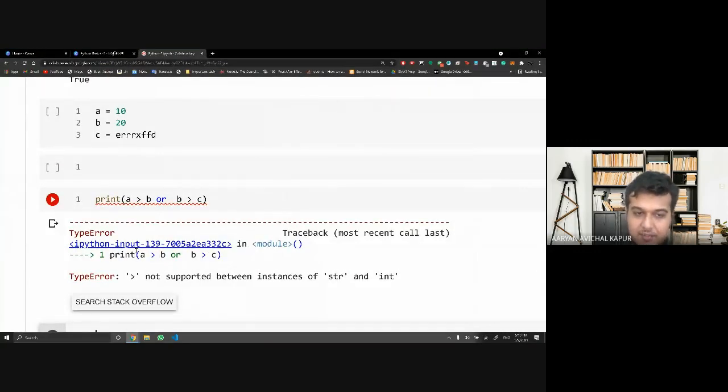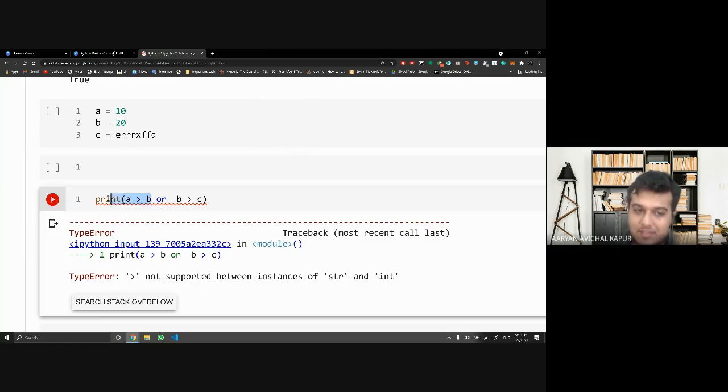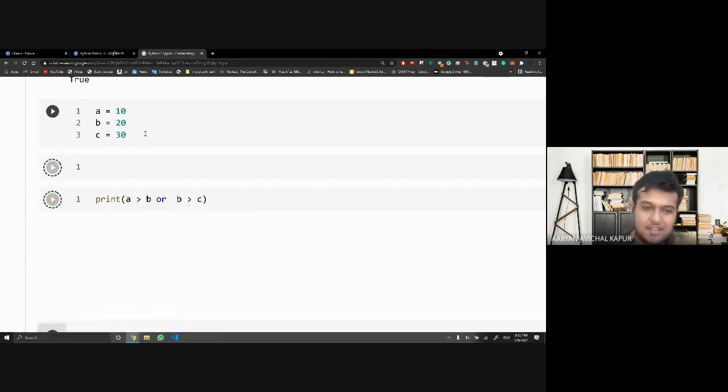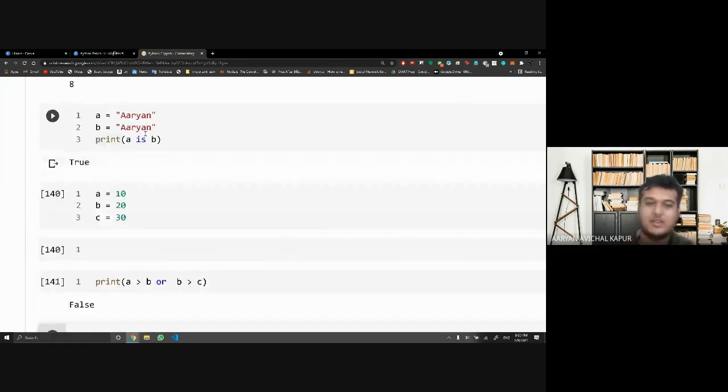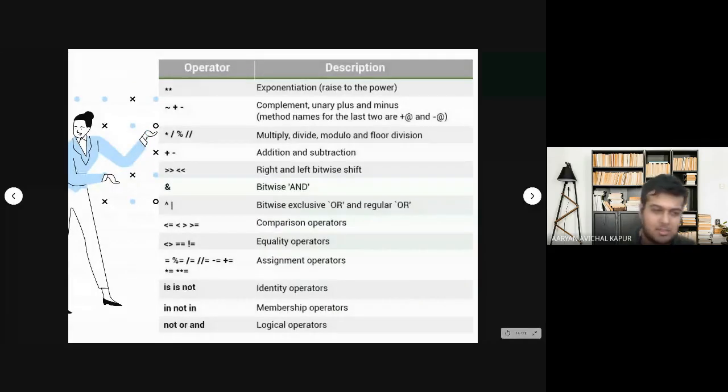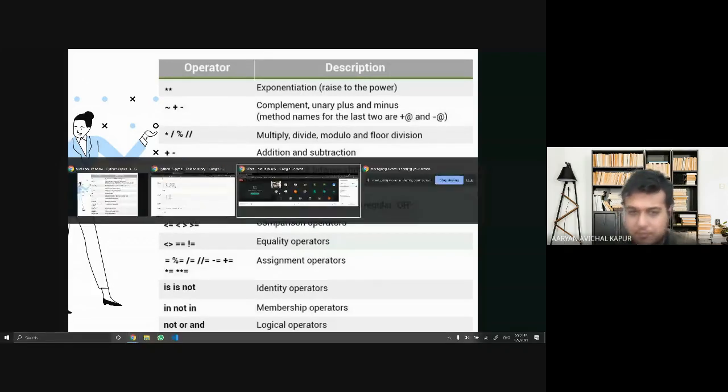So you can see that this comparison was carried out, then this comparison was carried out, then they become all. Otherwise, what would have happened is that as soon as this became true, we would have gotten our result. But as you can see, the parts are carried out before they are combined, right? So this is an example of what I was trying to explain. This is precedence. You won't be required to use this a lot while coding, but you would need it in an interview or placement exam. Is this part clear to everyone?